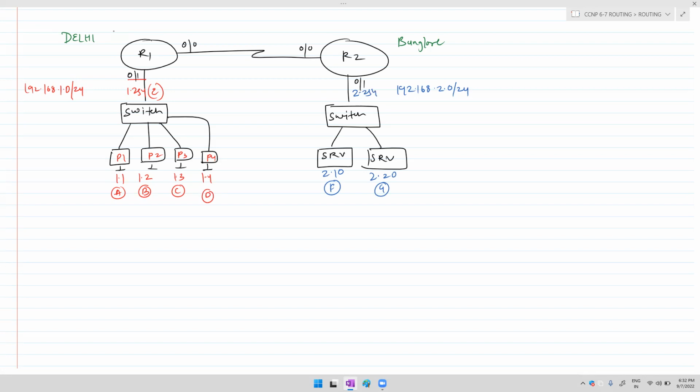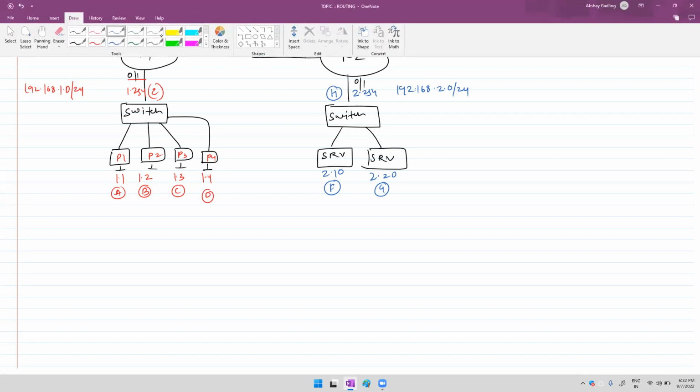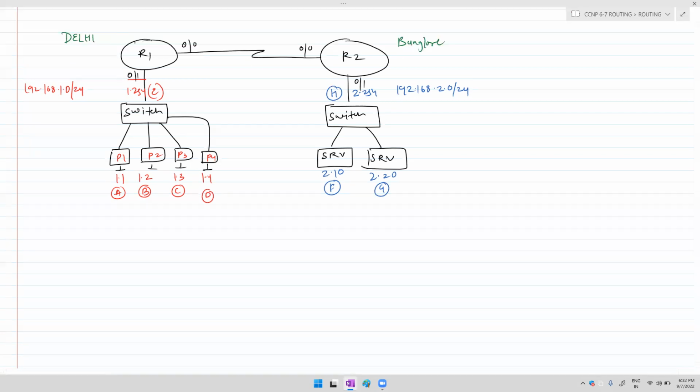Different network. Now the network admin will configure the WAN side interfaces, this one and this one. How many IPs are required on the WAN side link, in between two routers? On this link, how many IPs are required? Only 2 IPs. So we are using /24. No, we are using a /30. And which network? Router 1 and router 2. That means we are using